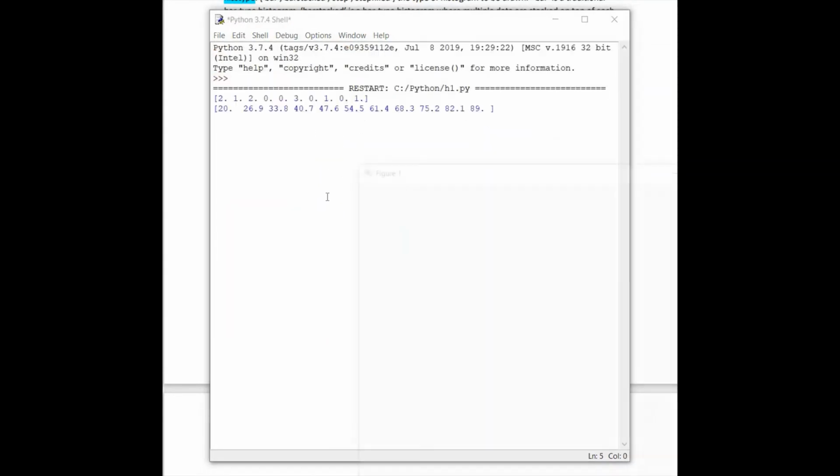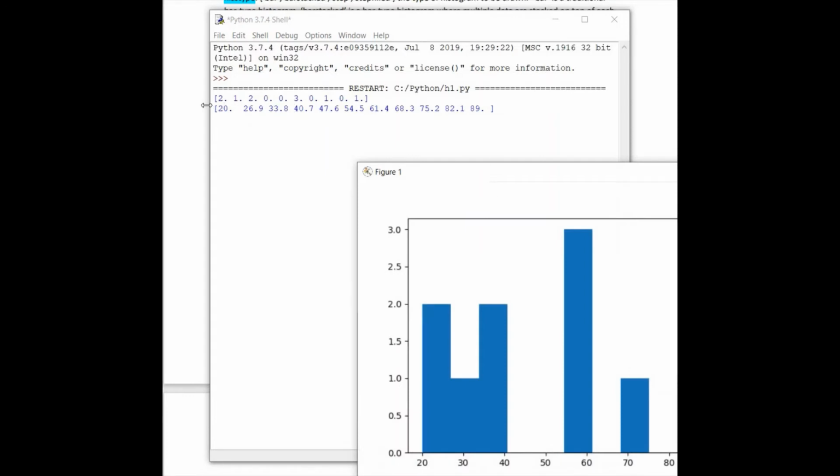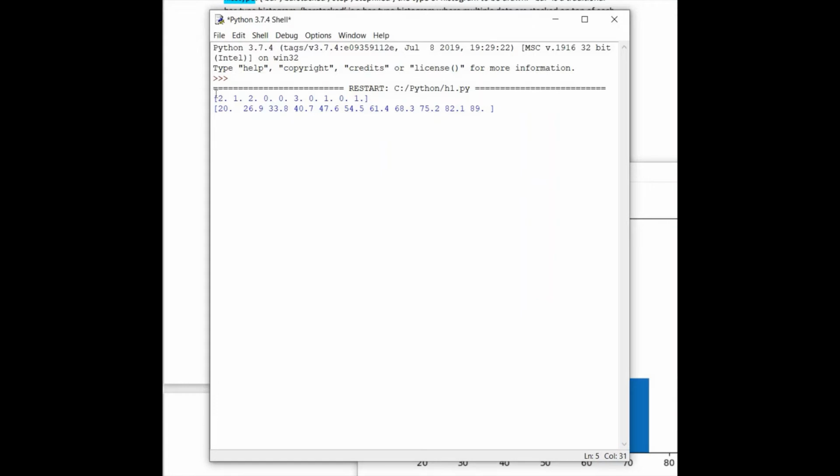Now you can notice this is the output of a, and this one is the output of b. In this b list there are a total of 11 elements. From these 11 elements, 10 bins have been created.